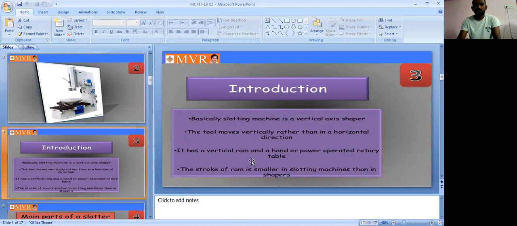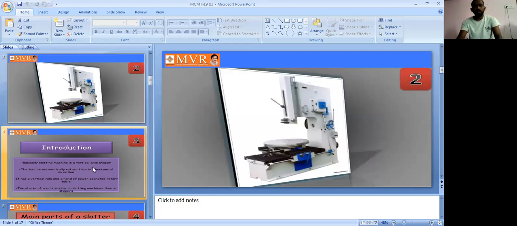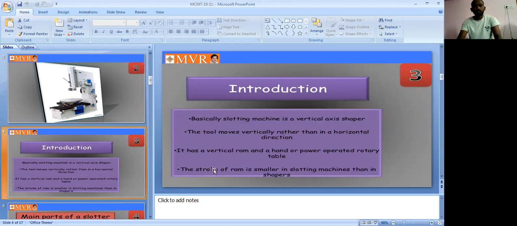It has a vertical ram and a hand or power operated rotary table. So we have the ram, and we have the table, called the power operated rotary table. Next, the stroke of the ram in a slotting machine is similar to that in the shaper.